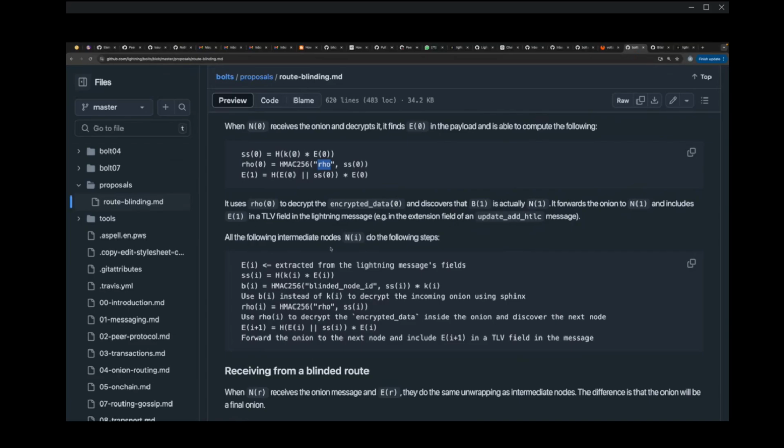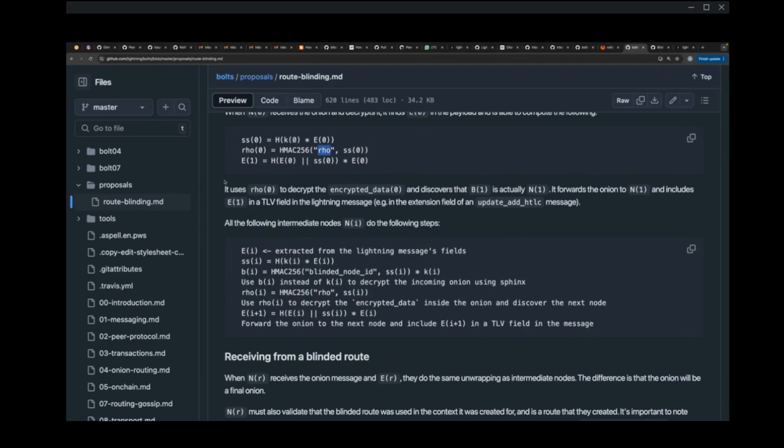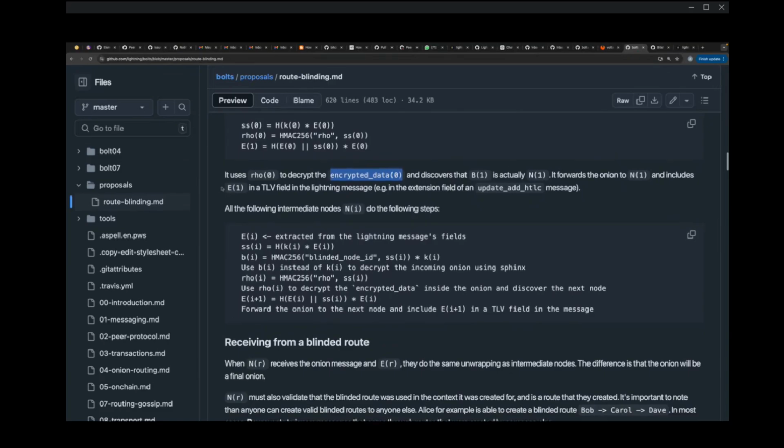The sender obviously wouldn't know what's the encrypted data for each of the nodes in the path, and the encrypted data would then tell the particular node where to send this onion to, and what the public ephemeral key for that node is. So using the rho key, it decrypts the encrypted data and discovers that B1 is actually N1. N1 is the real node ID and B1 is the blinded node ID. It then forwards the onion to N1 and includes E1, the ephemeral public key, in a TLV field in the